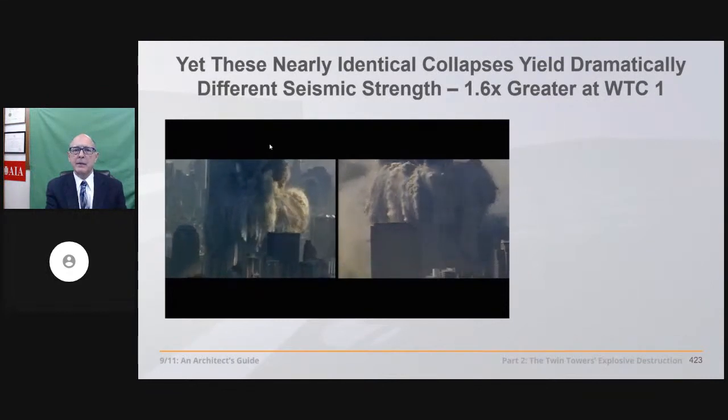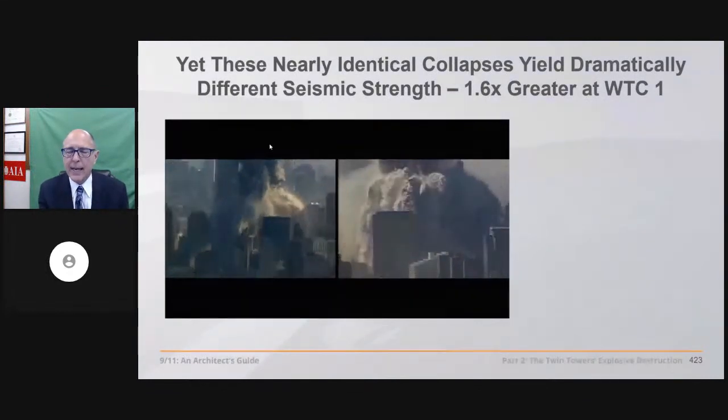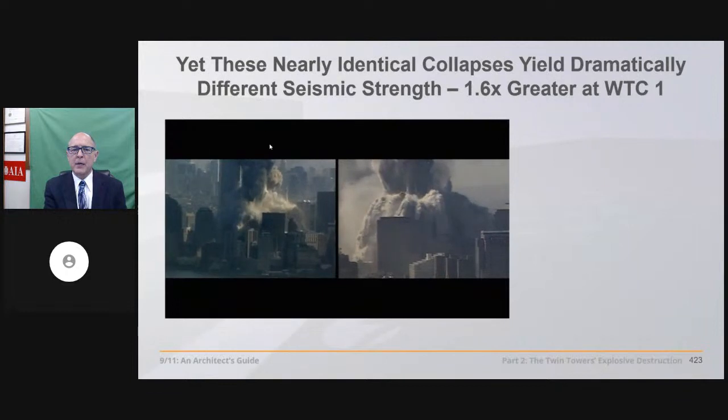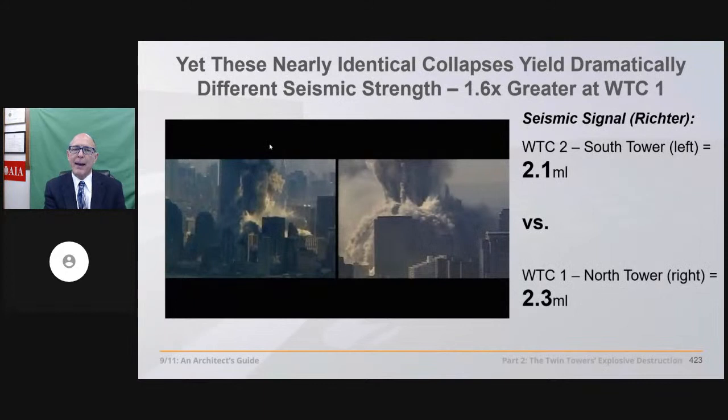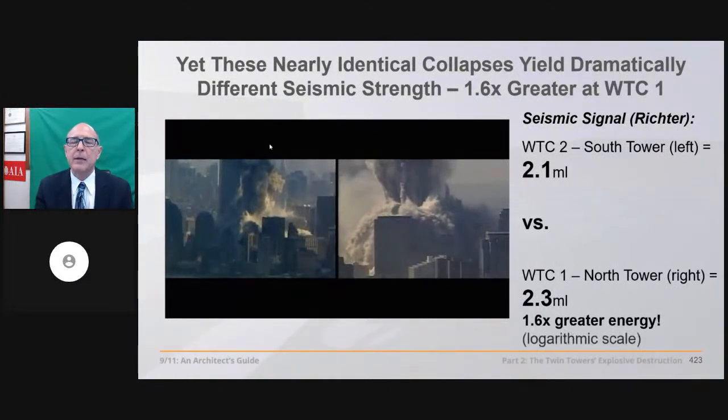And by the way, we also have a problem here. Identical buildings, identical collapses nearly, producing 1.6 times greater energy one than the other. Yeah, 2.1 magnitude at the South Tower versus a 2.3 magnitude, which is 1.6 times greater energy than the 2.1 due to the logarithmic scale that we use in earthquake engineering.